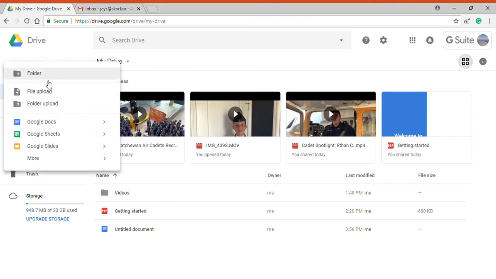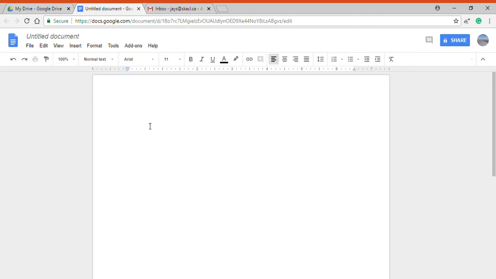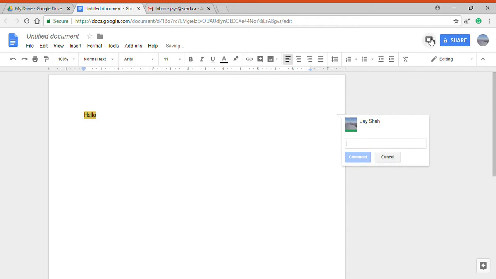First is commenting. If I open any of these three documents, let's say Google Docs, and I'm writing something, then I can highlight it, and using this plus comment button, I can add a comment, or I can add a comment by going up here to comments and selecting comment, and then I can write a comment such as